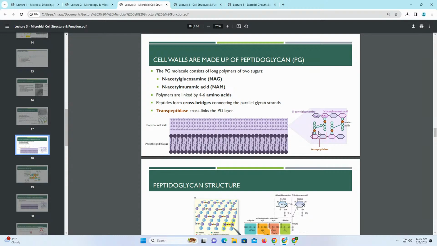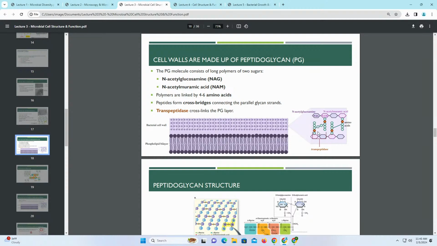And so basically, since bacteria have these cell walls, when we have a bacterial infection, we want to use antibiotics to kill it. We want to make an antibiotic that will target just the bacteria and not our own cells. So we take advantage of this peptidoglycan layer within their cell wall, because we don't have cell walls, we don't have peptidoglycan. And so we are able to form antibiotics that can interrupt this cross-linking